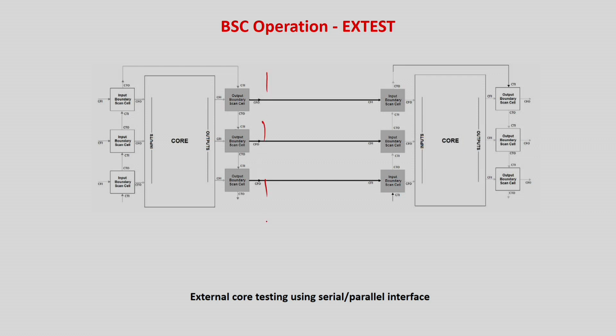Maybe I will first apply all 1, 1, 1, and it expects all 1. Then I will apply all zeros, and I will get 0, 0, 0. That's it, that is how the stuck-at faults are tested. Maybe I want to see some kind of a bridging effect, then I will put 1 0 1 0 alternate and 0 1 0 1 alternate. So both of these parties know that first it will give all zeros, then all ones, then alternate zeros and ones, and I have to expect it at the output. That is basically the predetermined test cases for the external lines.